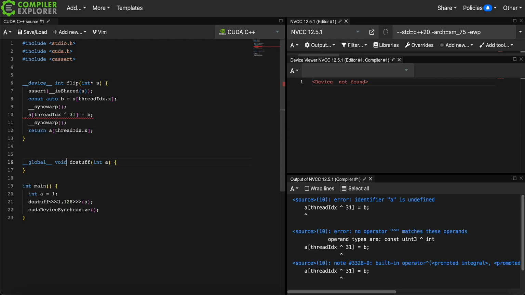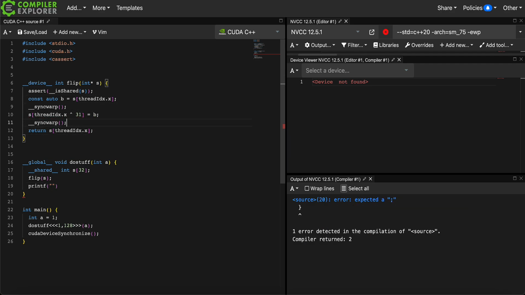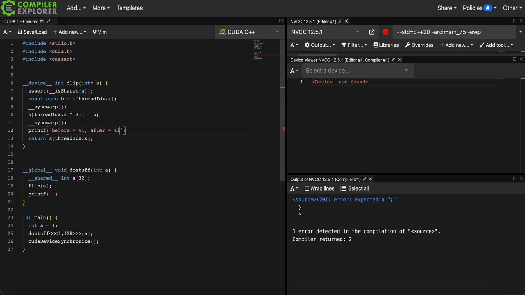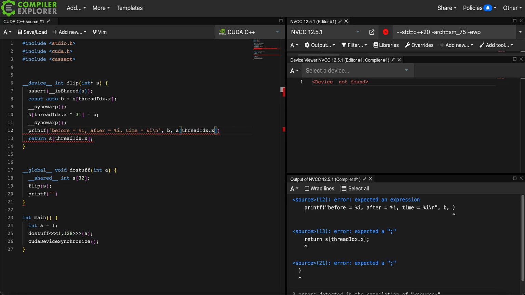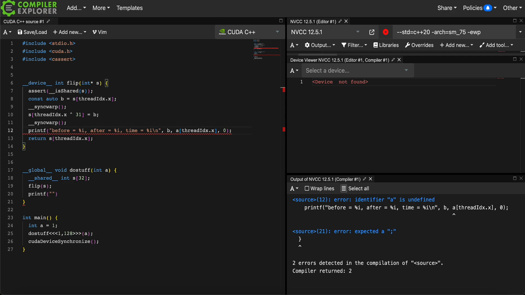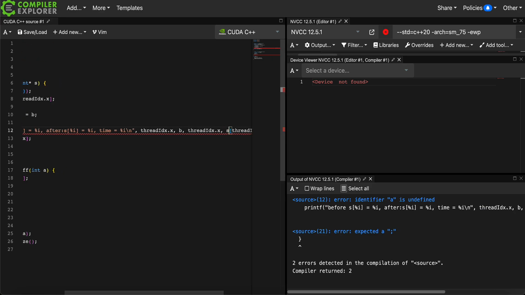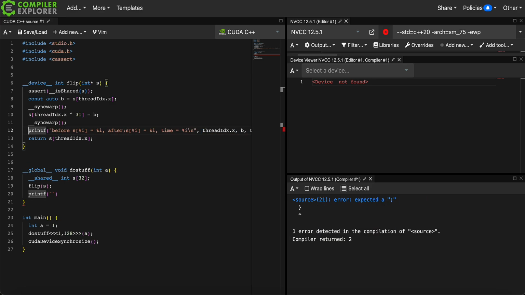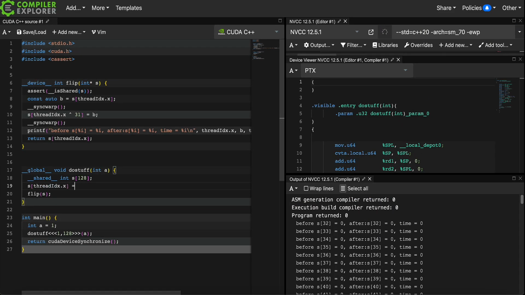This code takes the current thread index, stores it in a shared array, and per warp, it will reverse the order of the index using an XOR 31, which every 32 threads will flip the sequence of the thread index. So the before data will be going up, increasing, and the after data should be going down, decreasing.